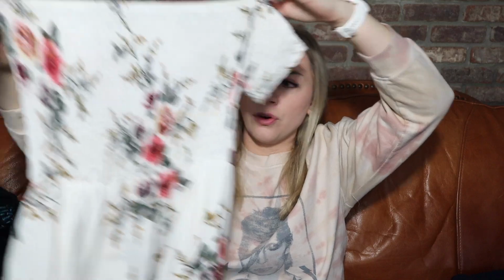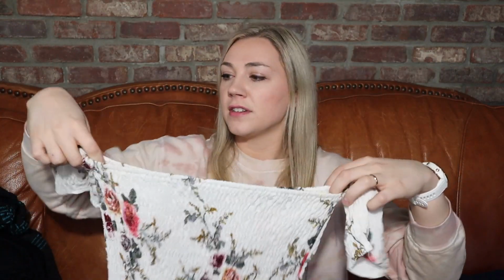This is a dress that I did debate on for a bit because there's literally no brand anywhere. It's probably either from Amazon, or it might be like a Shein or a Romwe. But I think that the style is really cute, off the shoulders, but then it does have the tiny little sleeves there. And then it is a maxi length, but it is pretty open in the front